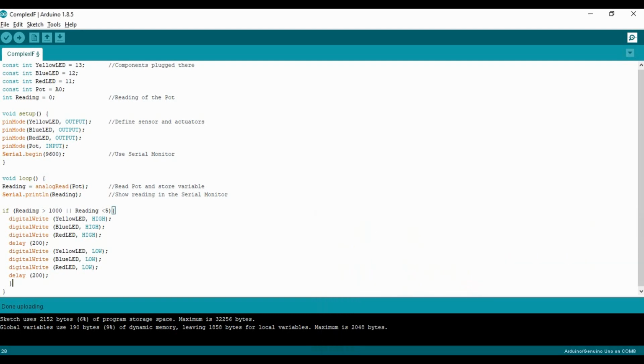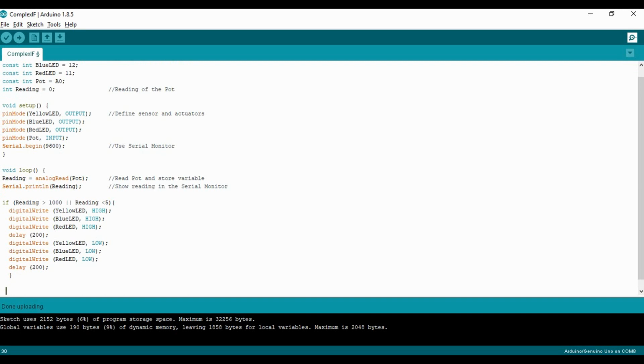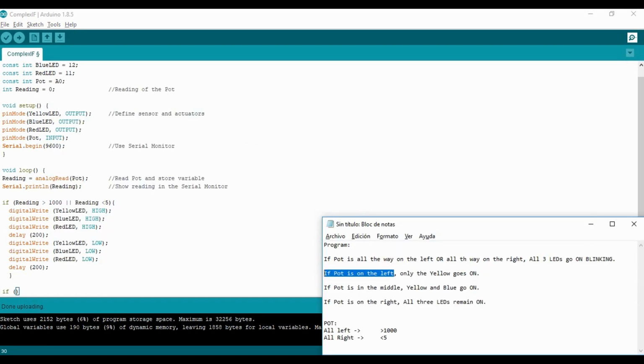My if is being closed here, so I need to create a new one. So if, and I have to state if potentiometer is on the left. I have to determine that the range of my potentiometer goes from, let's say, 0 to 1000. So I'm going to consider left from 1000, because all left is 1000. So I'm going to say that if the number is between 1000 and, I don't know, 666, that will be my